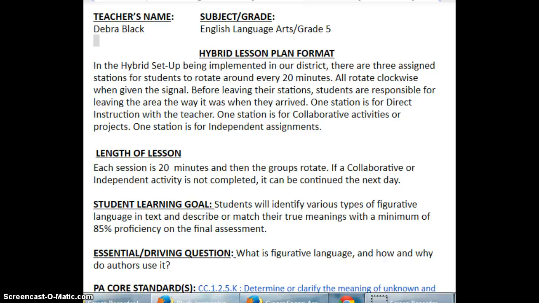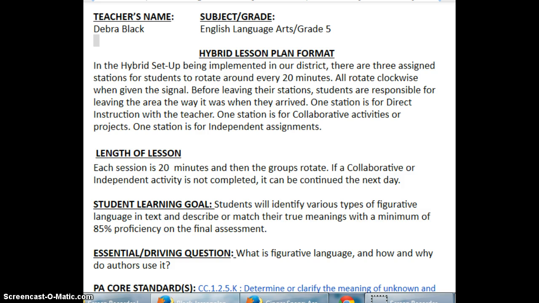Hi, I'm Deb Black, and I'm a learning support teacher. My lesson is for grade 5 English Language Arts. I'm using Screencast-O-Matic. I co-teach with 5th grade, so my co-teacher and I share the responsibilities of teaching and monitoring